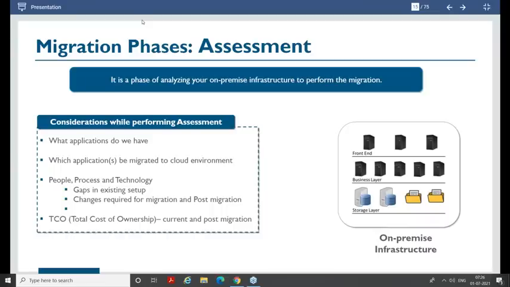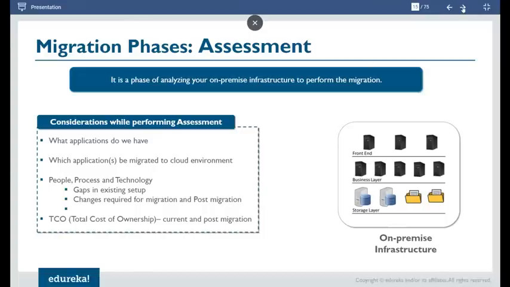If your assessment is not strong enough, trust me, your migration would collapse, because you need to ensure that whatever you are seeing in your on premises, you have full-fledged clarity around it, so that when you are doing actual migration, you know if it is supported on cloud or not, right? That is your assessment phase.